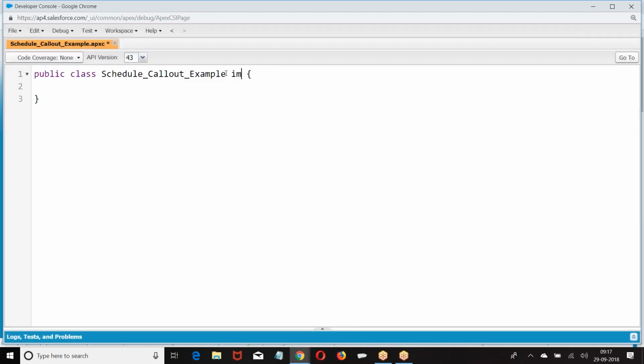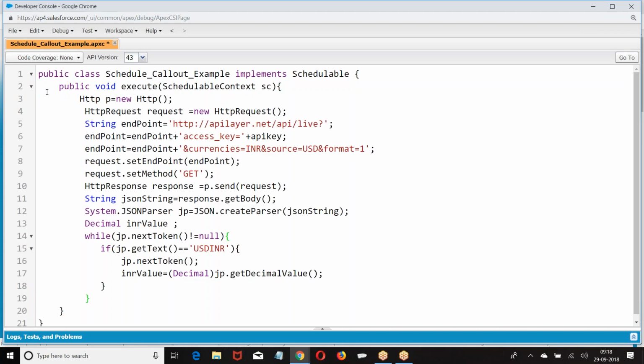Now, call Schedulable. Same request, giving only the API key, which I have to give straight away.